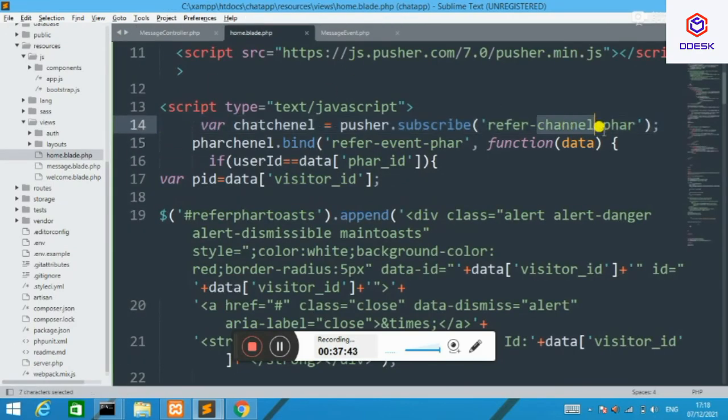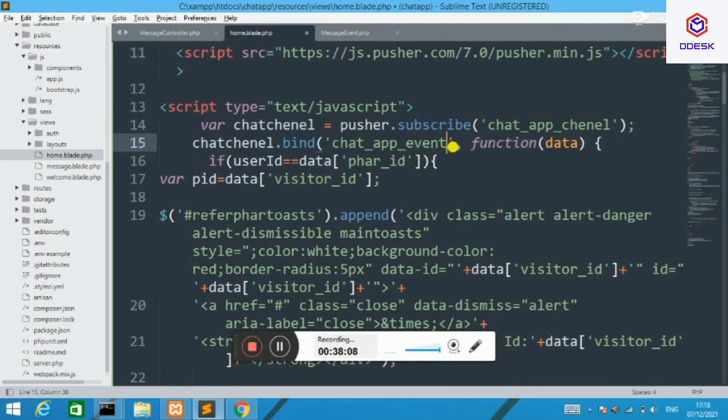Copy this channel and paste. And chat channel is a variable. Then I bind the variable to my event, chat app channel and chat app event.